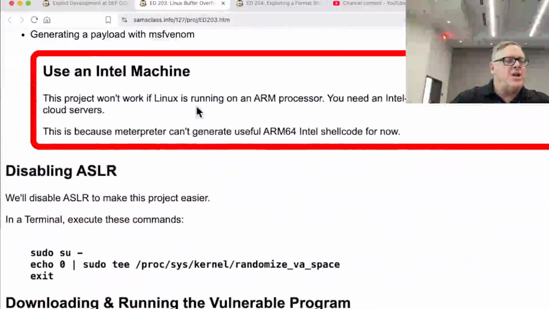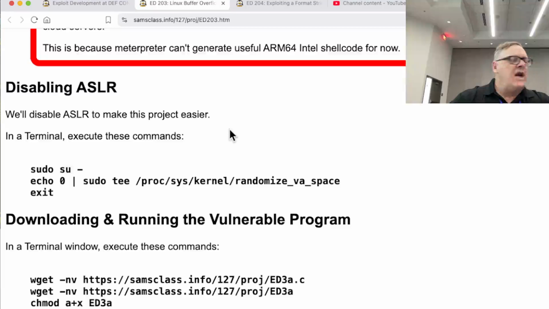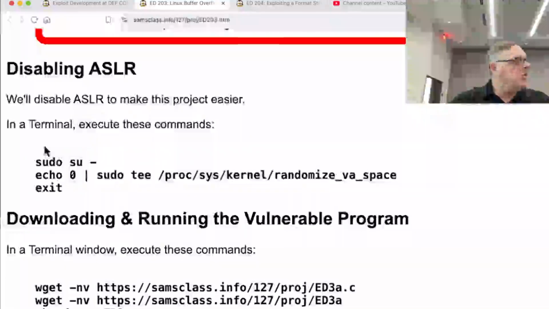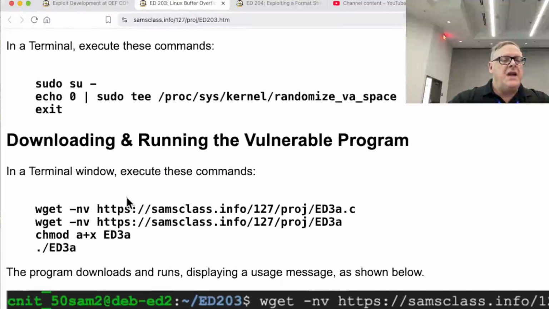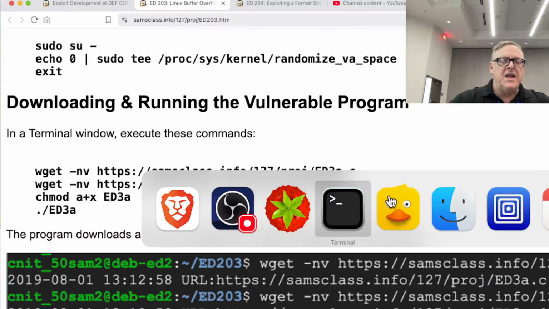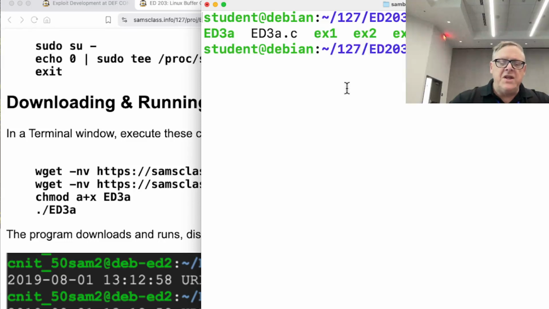You have to have an Intel machine again for what we're doing here. And you have to have address space layout randomization disabled again, which we did before. And then you get this program called ED3A. And I've got it here. So this ED3A, if you look at the source code,